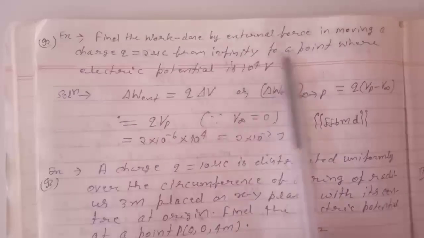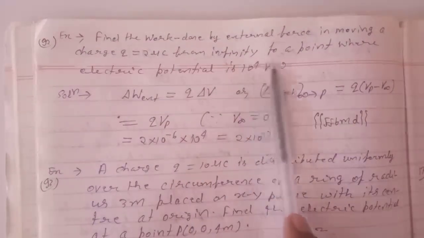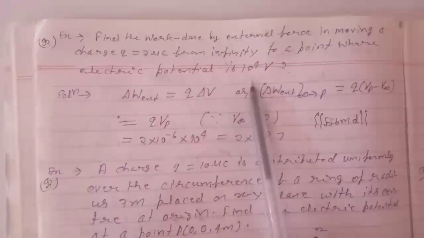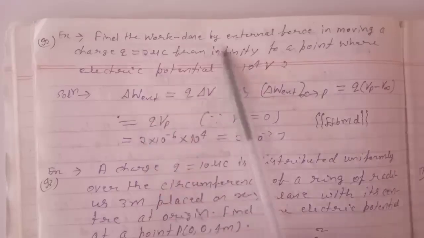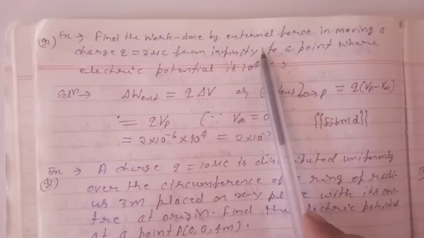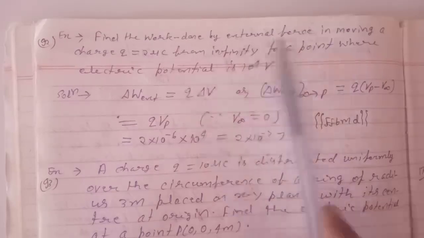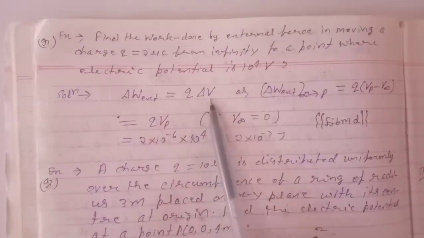Find the work done by external force in moving a charge Q equals 2 microcoulomb from infinity to a point where electric potential is 10 to the power 4 volt. Again, we can use del W. Here we have to calculate the work done by external force, so we should use the formula for work done by external force. The del W external is Q into delta V,